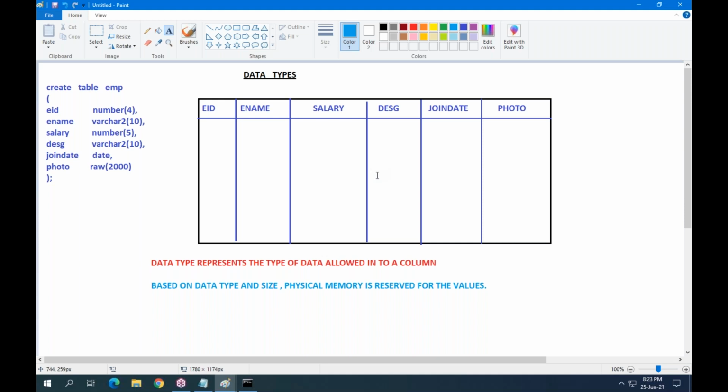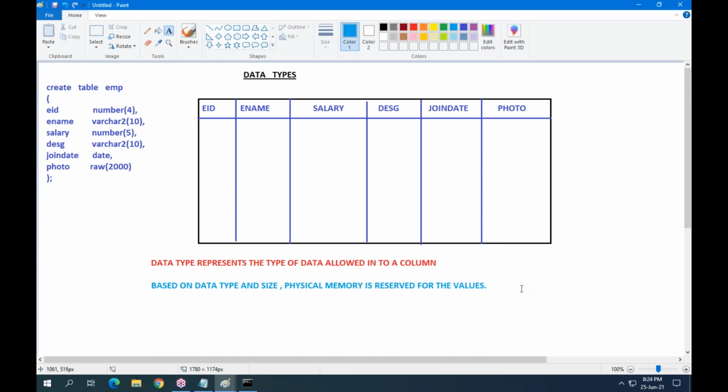How much memory is required for each value? That is decided by data type and size. The physical memory is reserved for values based on data type and size.